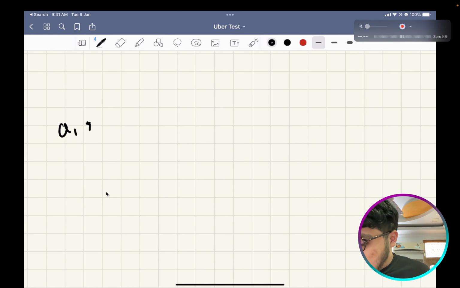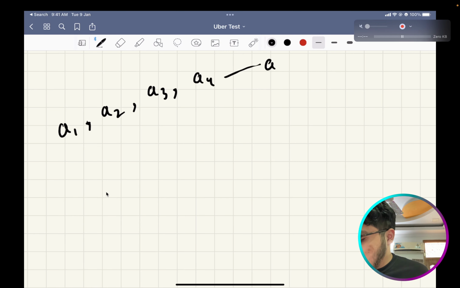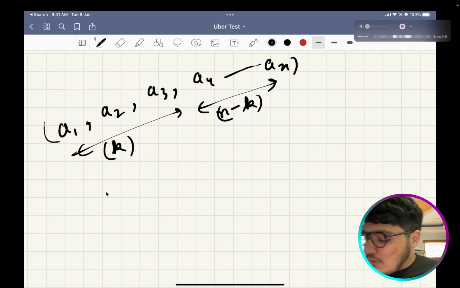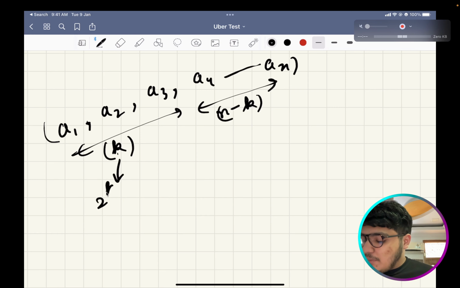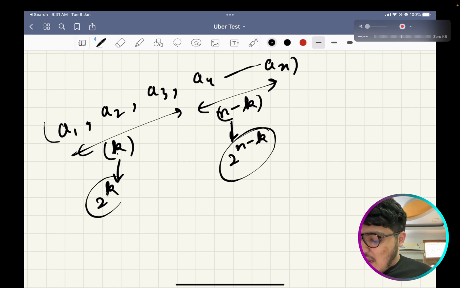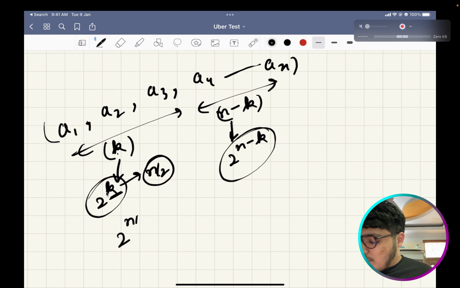Let me explain. Let's say you are given this array a1 up to an, and you divide it into two parts. One would be k length and one would be n minus k length. So now the combinations here would be 2 to the power k and here would be 2 to the power n minus k, right? And if let's say k is equal to n by 2, it would be 2 to the power n by 2 and 2 to the power n by 2,